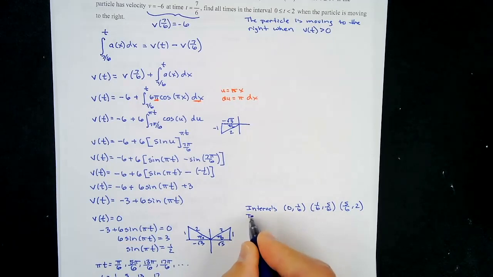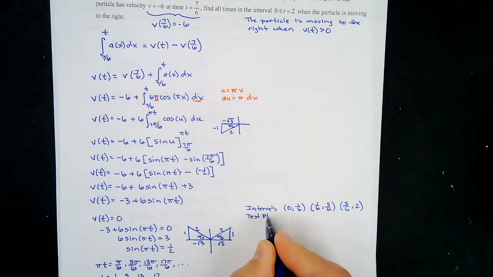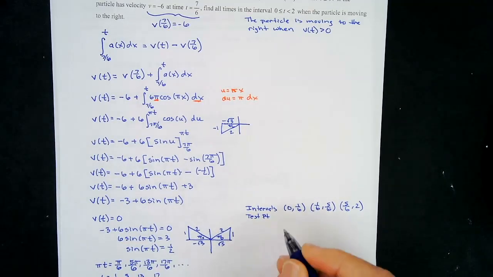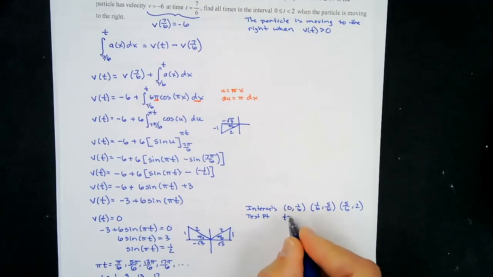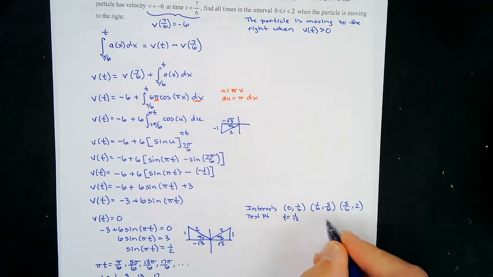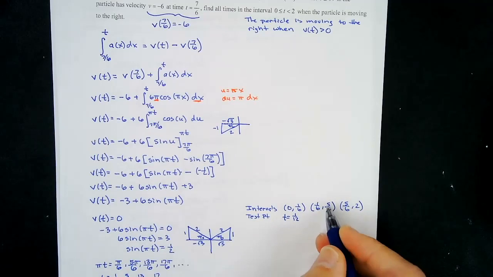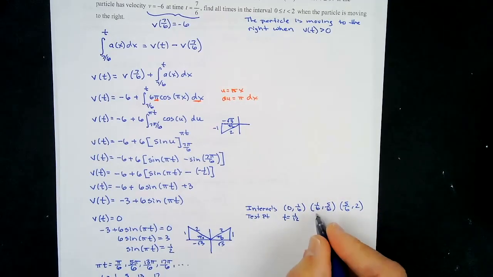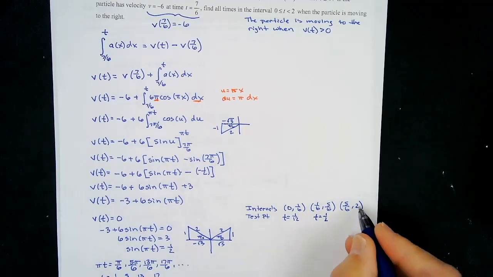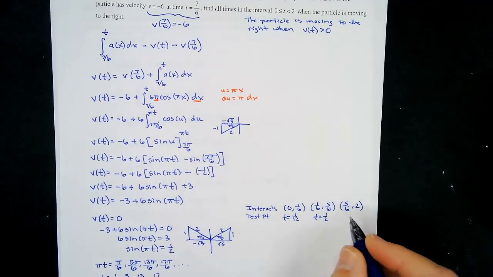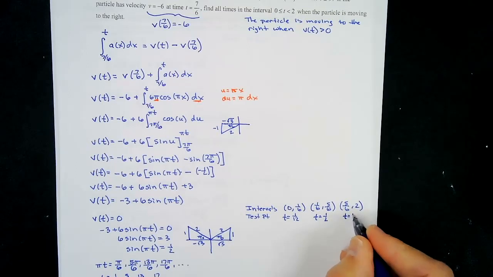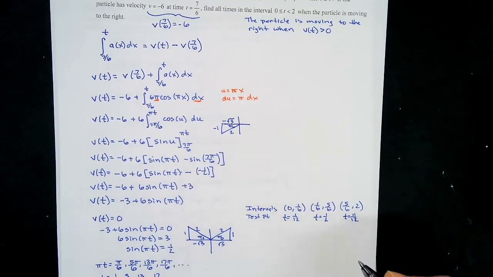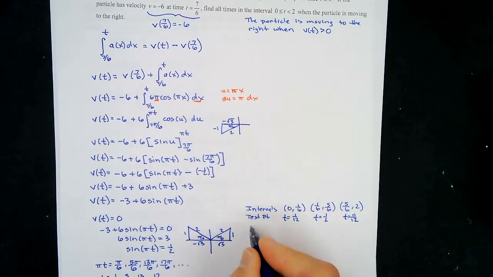And we're going to use a test point. For this, I'd use something like t equals 1/12. Right here, a good one would be 1/2. And here, 11/12. Okay, and then we're going to look at the sine